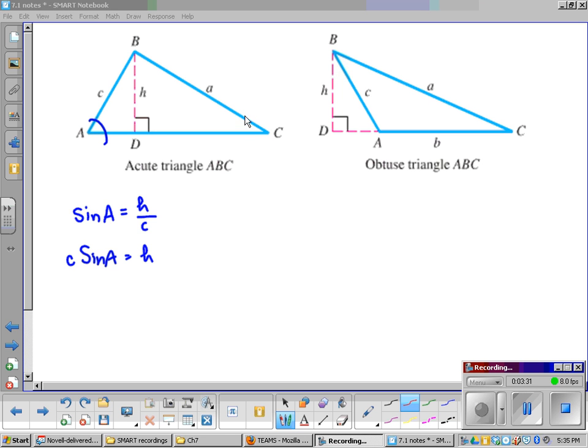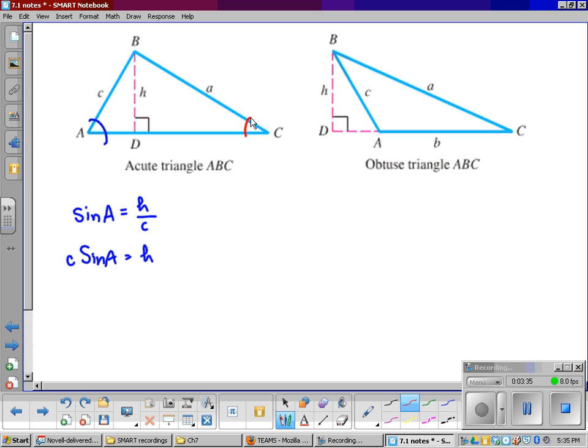Now I want to repeat that process in this other right triangle that I have, and I'm looking at angle C. So I can write the sine of angle C is equal to opposite, and I have to stay inside this right triangle, opposite, which is H, over hypotenuse, which is opposite the right angle there, or A. So sine C is equal to H over A. If I solve that for H, then I multiply both sides by A, and I get A sine C is